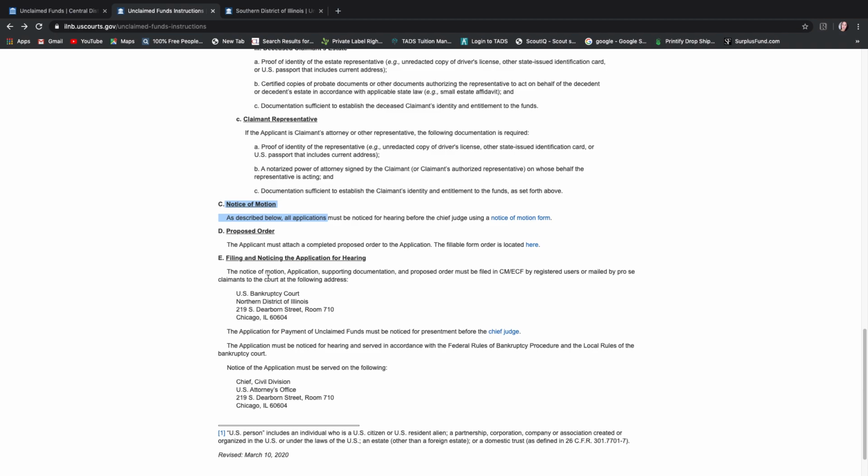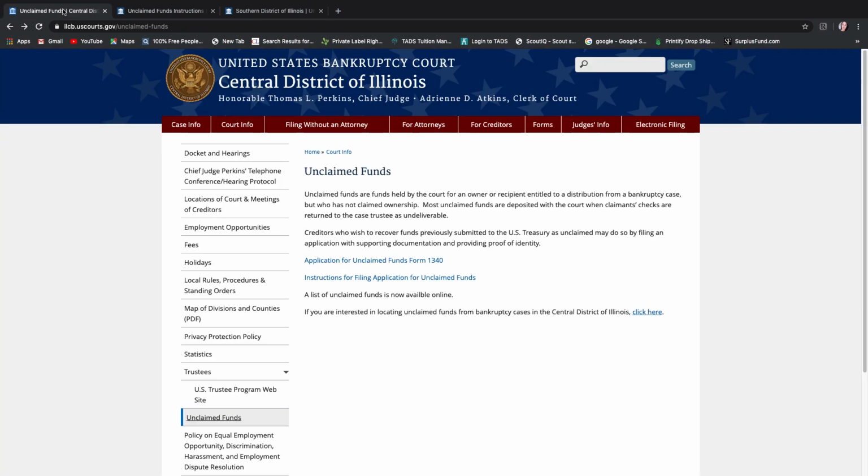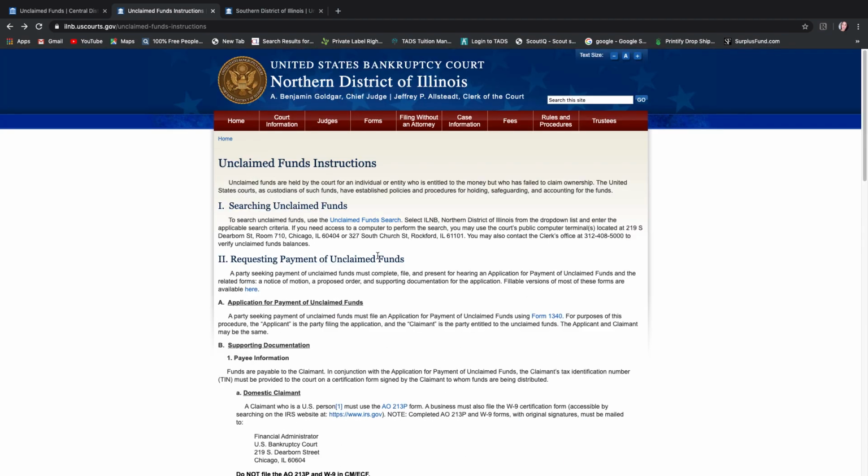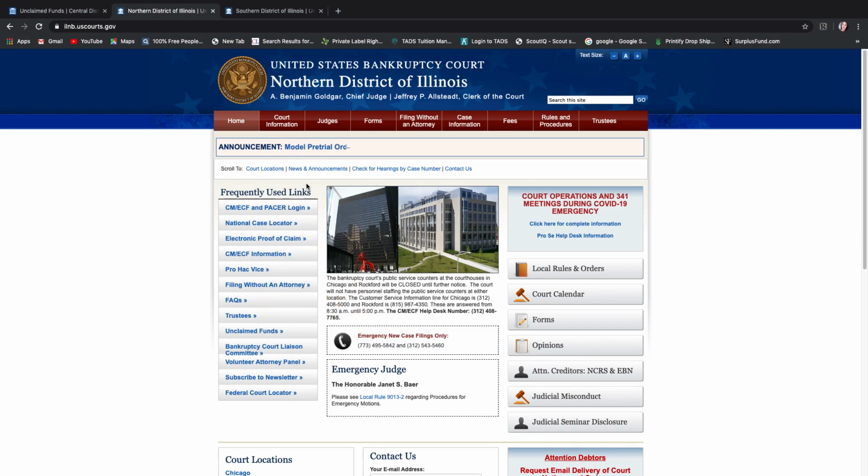Right? So if you're mailing the notice and the application, it has to go to the Northern District of Illinois, the clerk. And it also has to be copied to the U.S. Attorney's Office. So you really have to read through here. Again, the Central District, same state, different district, they didn't need that. So again, this is why I do this, just to show you how different they can be per state. Okay? All right, so that is the Northern District of Illinois. Again, if you're unsure, you can always call the clerk's office. Somebody can help you or tell you what you need to do.